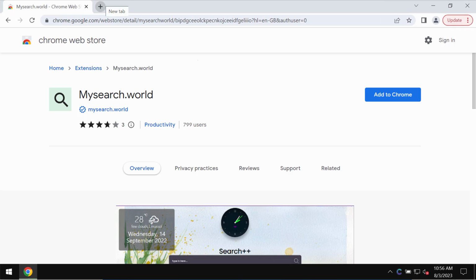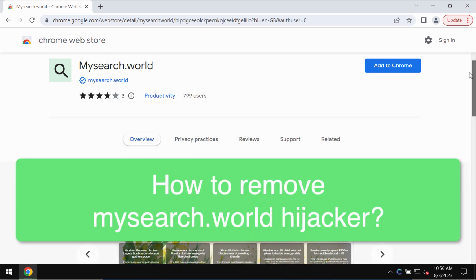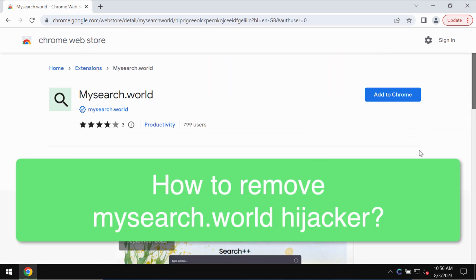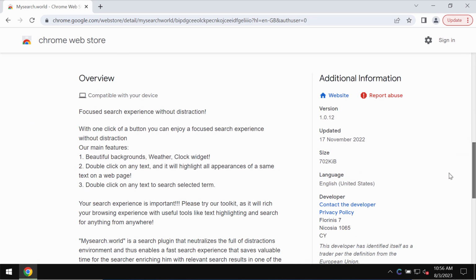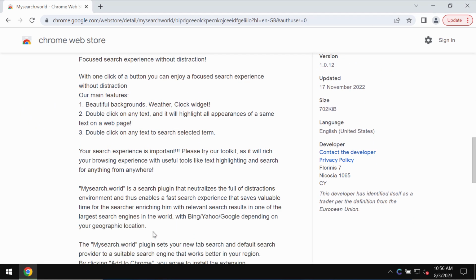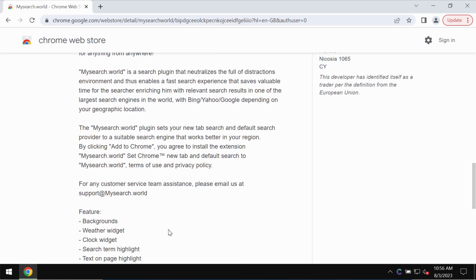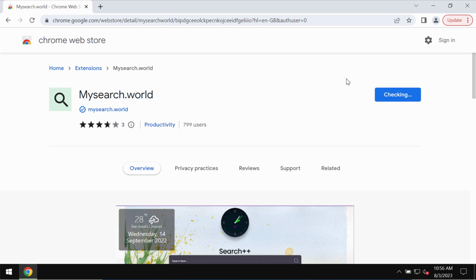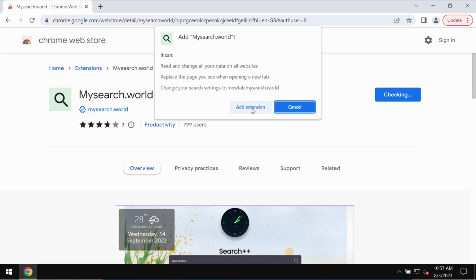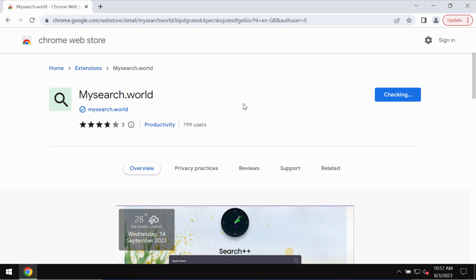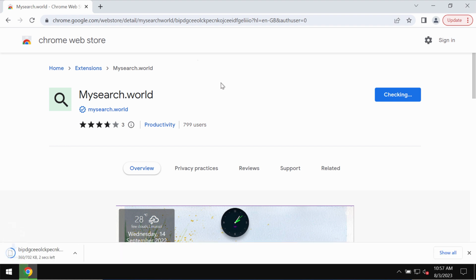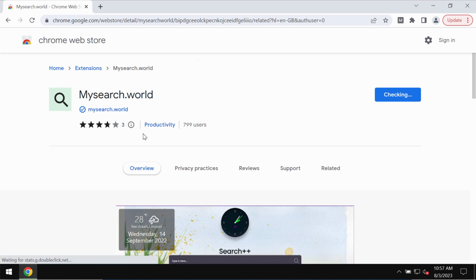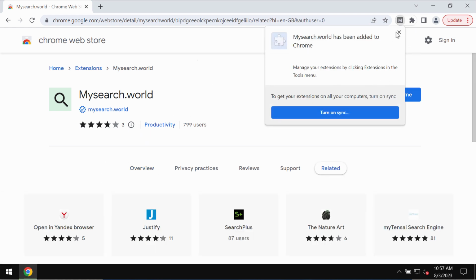My video guide is about getting rid of the browser hijacking extension called Mysearch.world. This is the extension designed specifically for the Google Chrome browser. But this extension actually functions as a browser hijacker because it may change your default search engine settings without your permission. So if it was mistakenly added to your Google Chrome browser, you need to undertake the measures and get